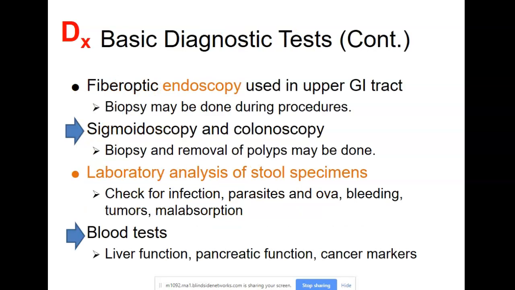This one's fascinating. Fiber optic endoscopy, it's kind of like a snake light, for lack of a better term, that they would put in your mouth and put down your throat so they could look around in your esophagus and in your stomach. Now, the other side of it is you could have a sigmoidoscopy or a colonoscopy, and it's basically the same scope, but it goes in from your rectum and would look at your rectum or your colon, usually your sigmoid colon, and maybe a little bit past. But basically what in a colonoscopy they're looking for is if there's any polyps, which would be extra growths,